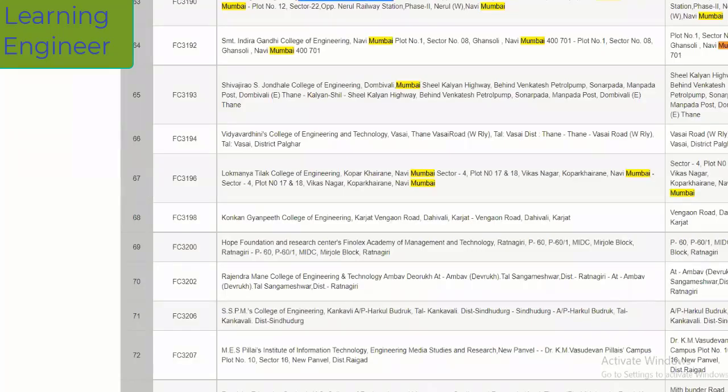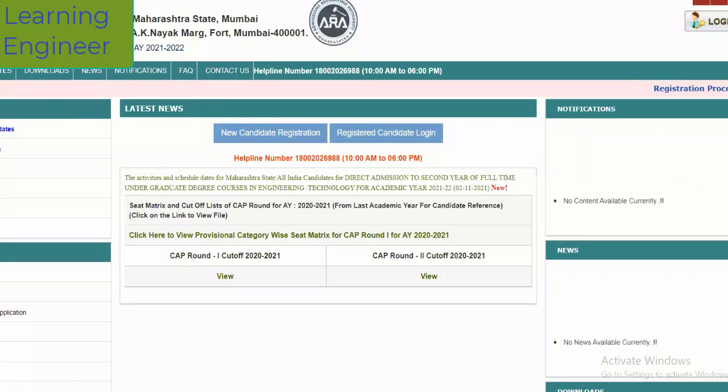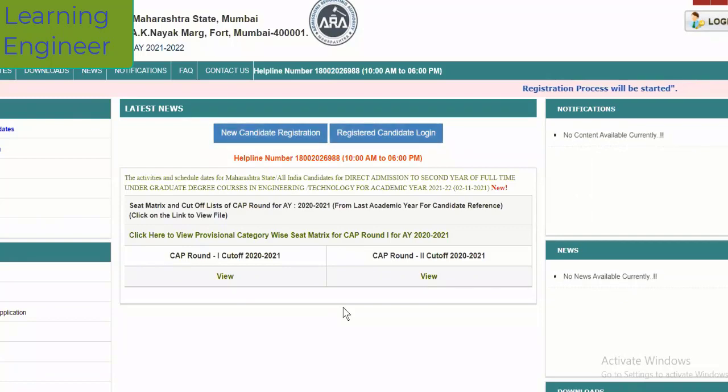Yes, that is a major issue. For that you have to wait for some time. Actually that is the problem of this CET Maharashtra website. They have not uploaded the details. The site is not working properly. They have not uploaded all the details, so that we are not getting that option. So wait for one more day, and you can apply by tomorrow, or you can apply this evening also. So wait for some time. Most of the students are facing the same problem.